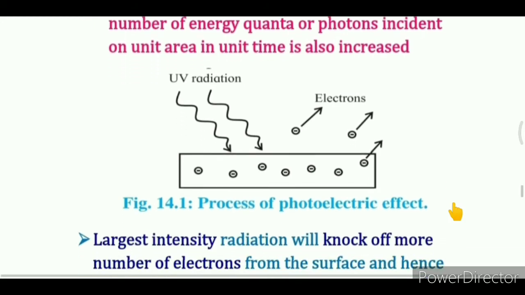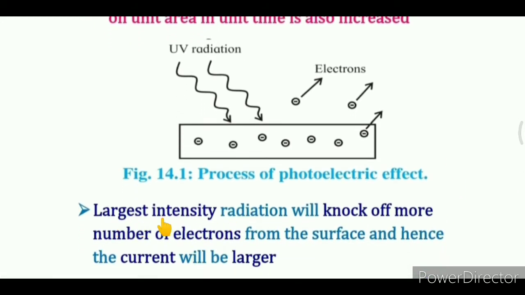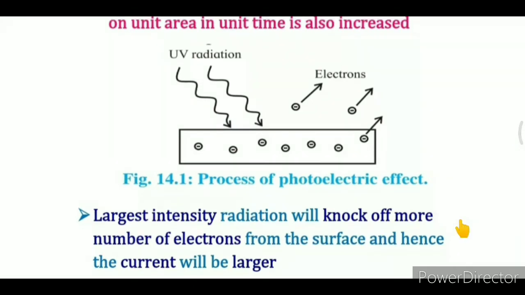The larger intensity radiation will knock off more electrons from the surface, and hence the current will be larger. Again, the condition must be satisfied that the incident frequency should be greater than threshold frequency. Conversely, lower intensity implies fewer incident photons,